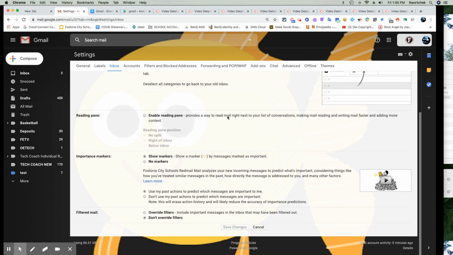The reading pane provides a way to read mail right next to your list of conversations. I turn that off. But if you did turn it on, you could choose where that reading pane would be. So if you want to experiment with a reading pane, kind of like a window that shows you what you're reading, you can do split screens and put it below or to the right of the inbox. So if I do the reading pane and I put it to the right of my inbox and I save my changes,